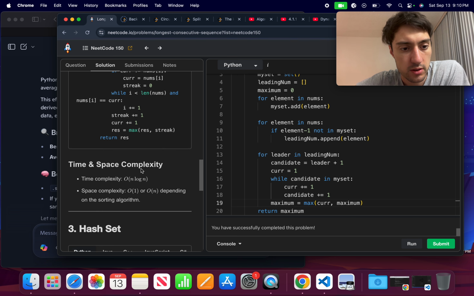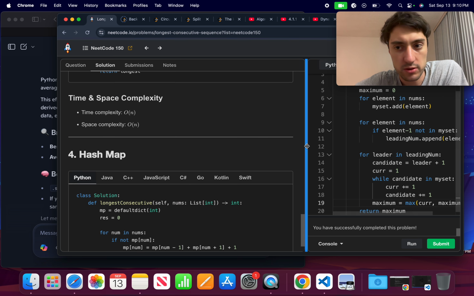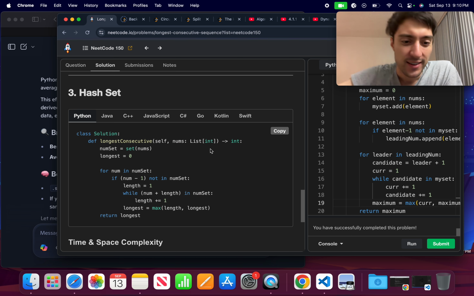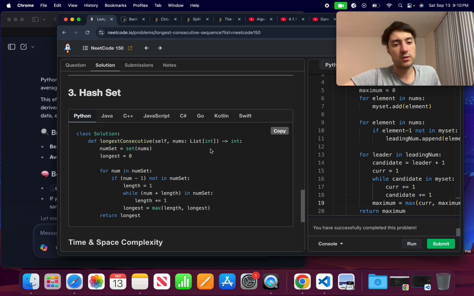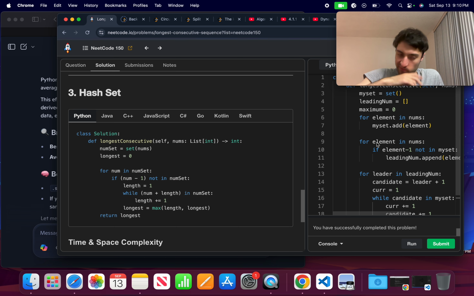Here we go. Hash set versus hash map. Kind of curious then what's the difference? Okay, so num set is equal to a set of nums. Oh, so we're just putting nums in the set. Okay. I was like, wait, hold on. Okay, that makes sense. Longest is equal to 0, so for